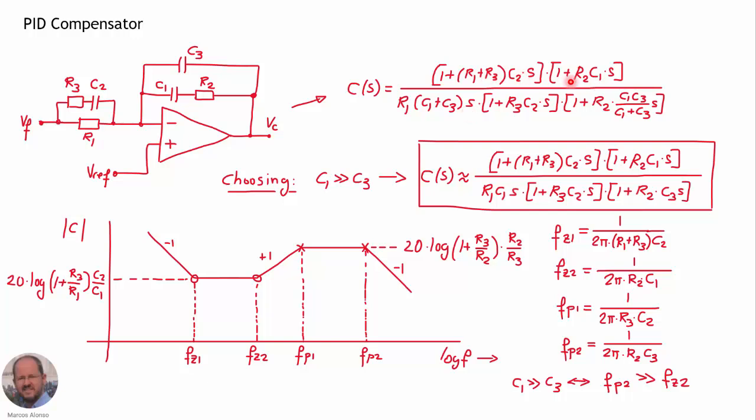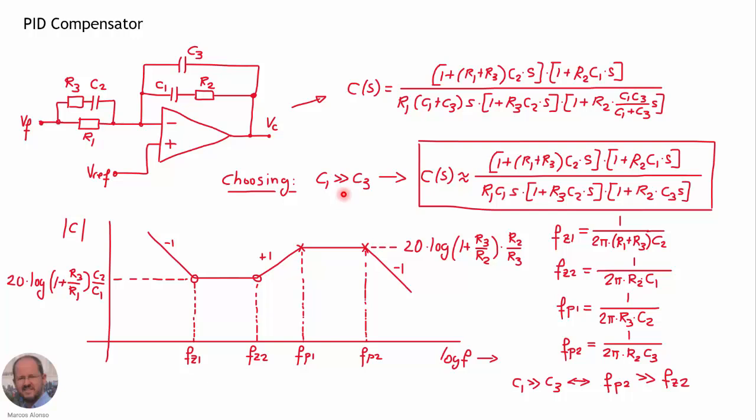We have two zeros and two poles, and with this factor here we can control the gain of our compensator at the different frequencies. So this is the complete response of this schematic here, but usually, in order to simplify, we can do like this. We can choose capacitance C1 much greater than capacitance C3, and this is possible, as we are going to see now,